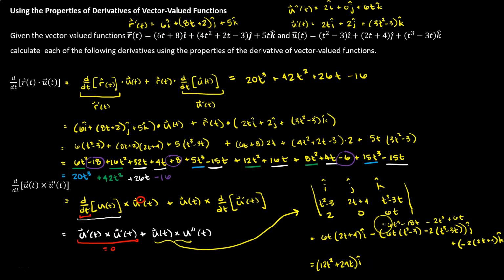So we need to distribute our sign here. So we would have negative 4t cubed, 12t, j hat. And then for the k component, we need to distribute our negative 2. We would have negative 4t minus